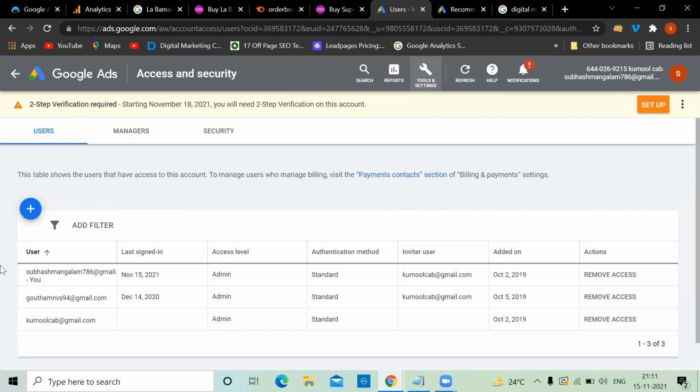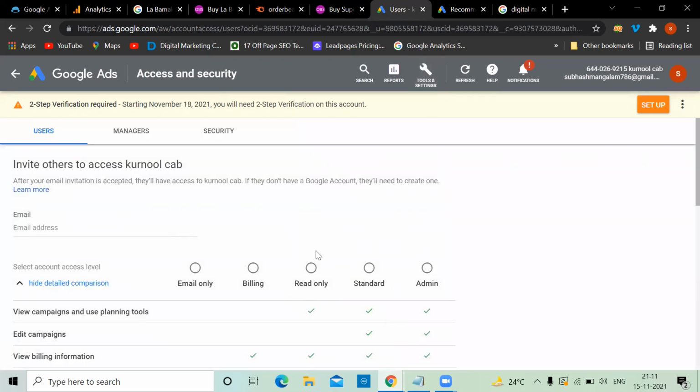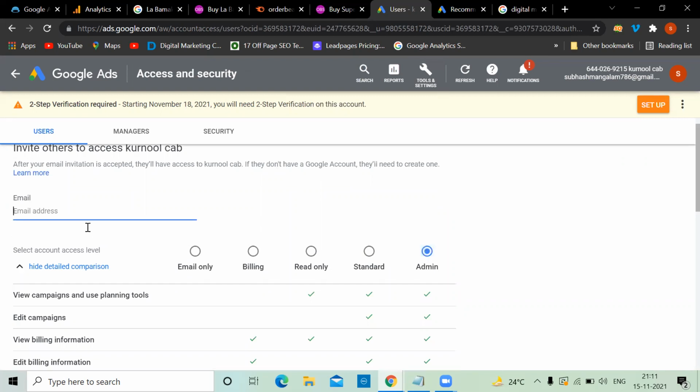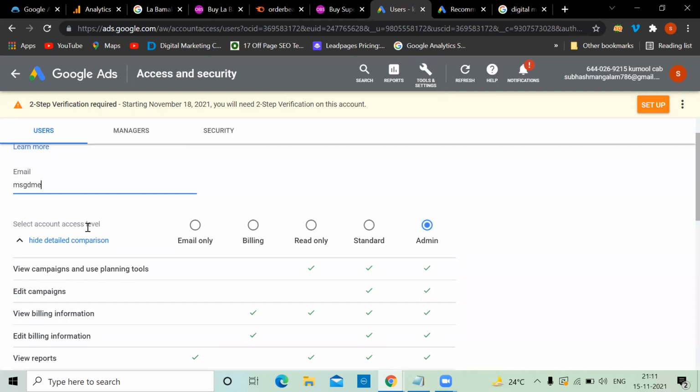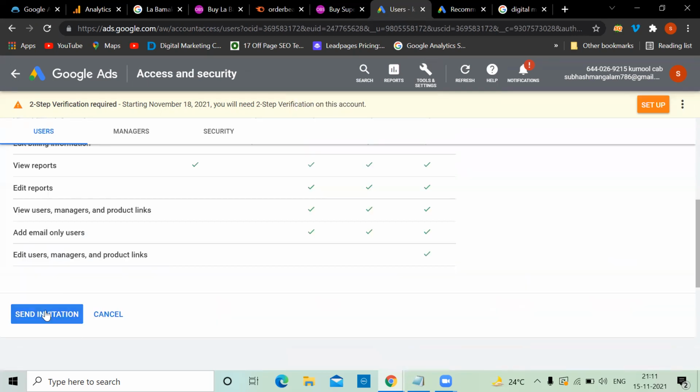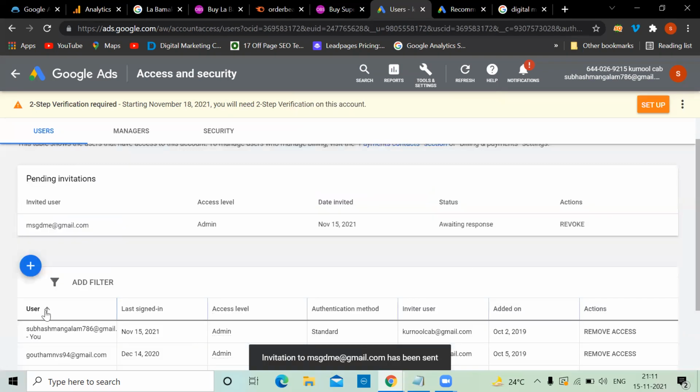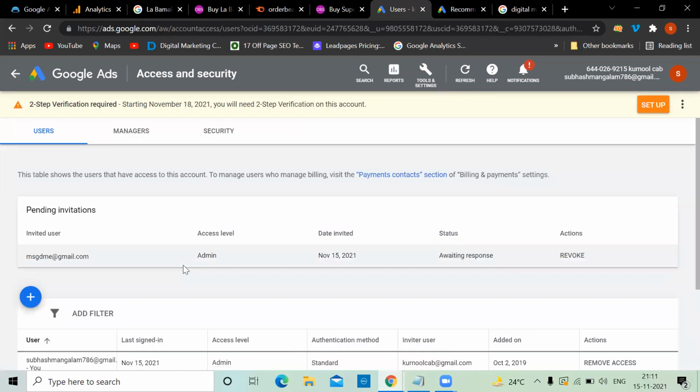What he can do is come back here, click on the plus symbol, and choose read-only, standard, or admin. He can type his email ID and click on send invitation. The person with that email ID will get a message that they got access from this guy. If you approve, directly in the Google Ads account you can see this. This is how we can give access.